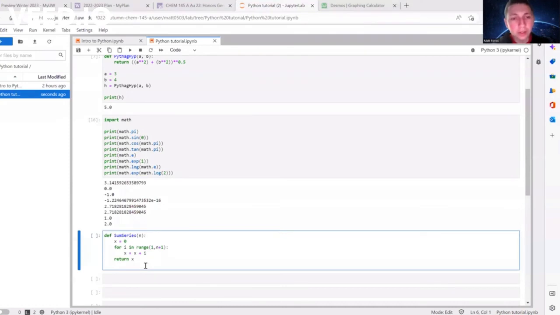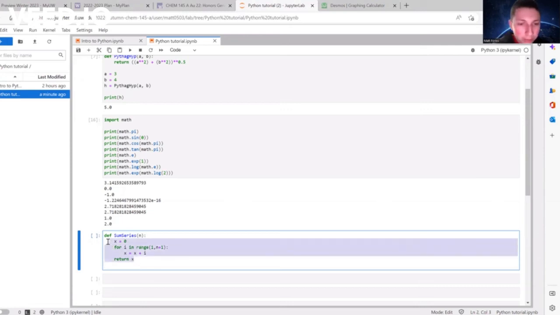The things we've done so far, basically Python can do it, but we can do it too, just as easily with a calculator. Now I'm going to show you something that we can't do just as easily as Python can, and that is a for loop. What a for loop is, it basically iterates a line of code a specified number of times. So I have some code written here. I'm defining a function called sum series. It's a function of n. And so here I have a for loop.